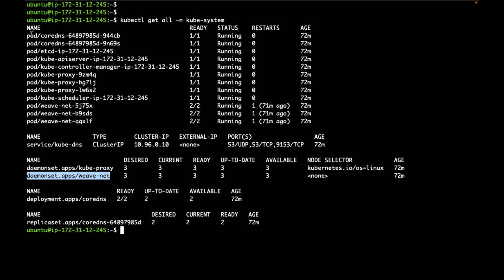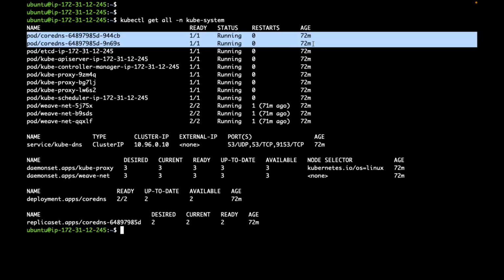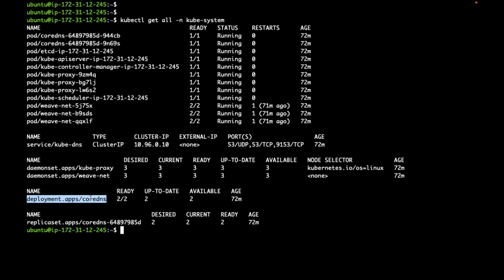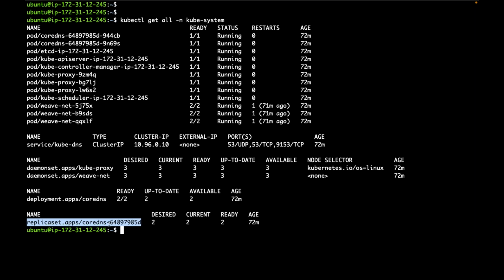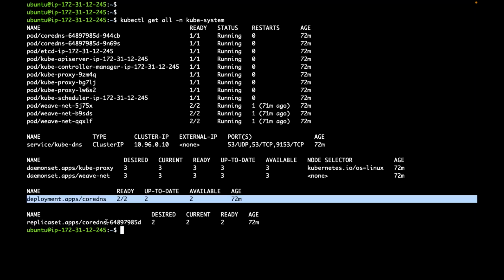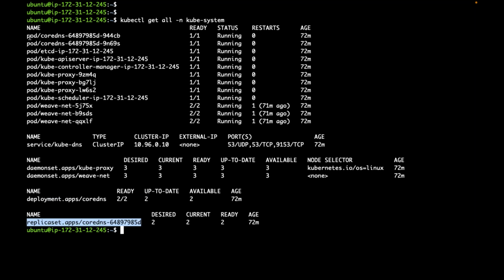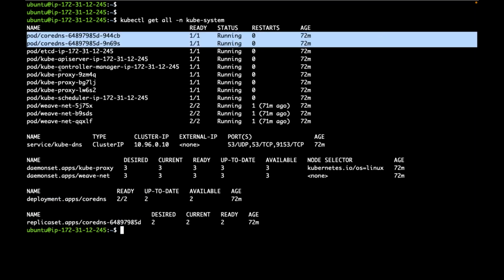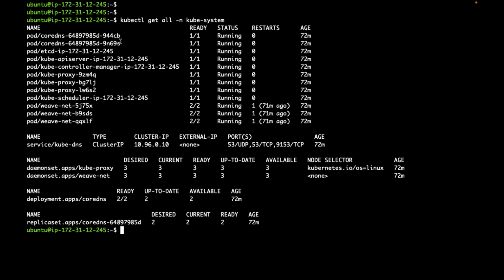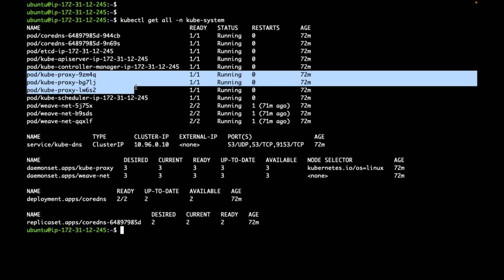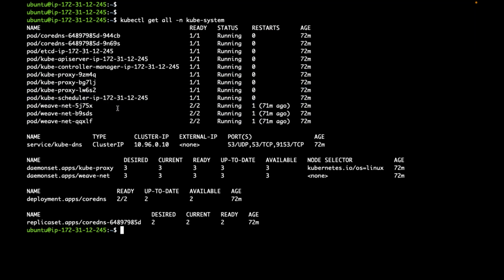Yes. And if you see, there are some core DNS pods. Are those core DNS pods created and managed by this deployment? Deployment will internally create a replica set. I will come to that point. Replica set is managing these pods. So do you have controllers for these pods like core DNS, kube-proxy, vnet and all these things? Yes. But if anything goes wrong with this one, am I getting the pods automatically?